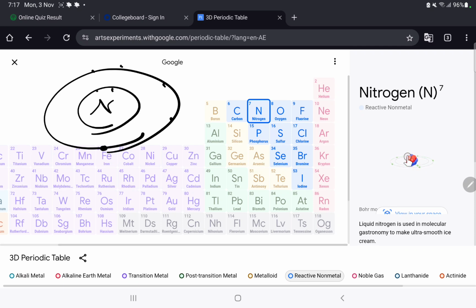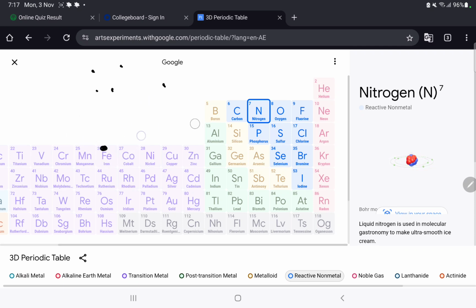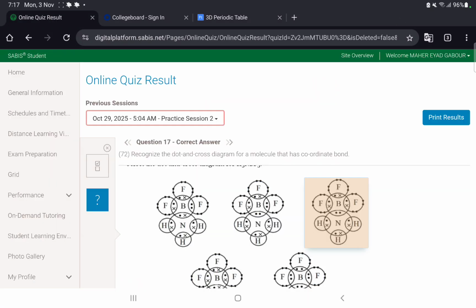It has a lone pair of electrons. Okay, there is a lone pair of electrons. That means it satisfies one of the conditions. And then B